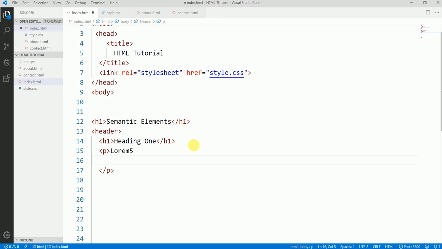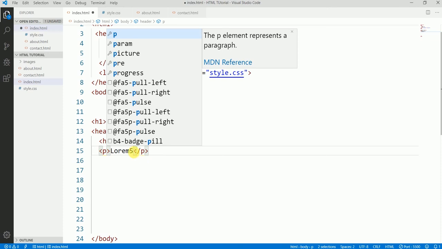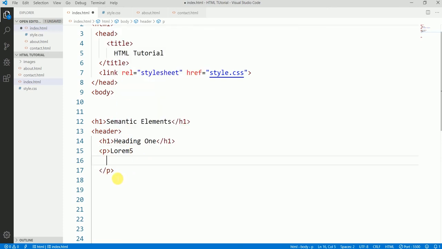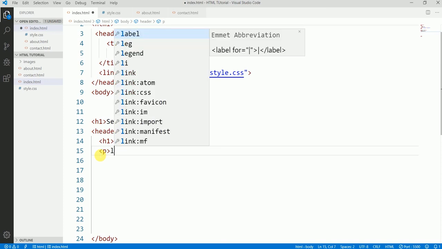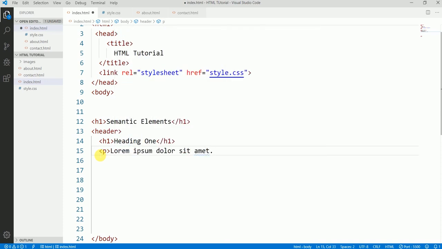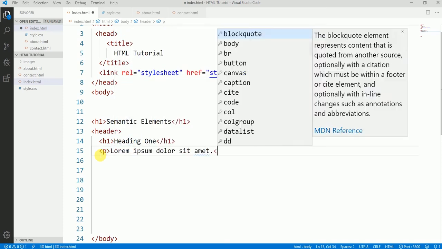I'm defining this. I made a mistake somewhere, I think in the spelling of my lorem. I'm sorry. Okay,